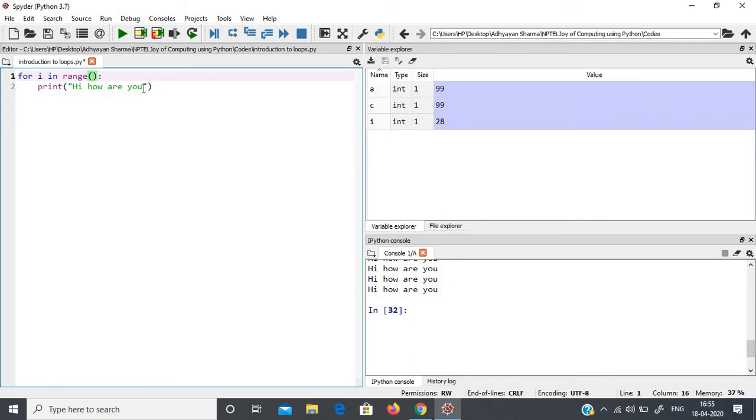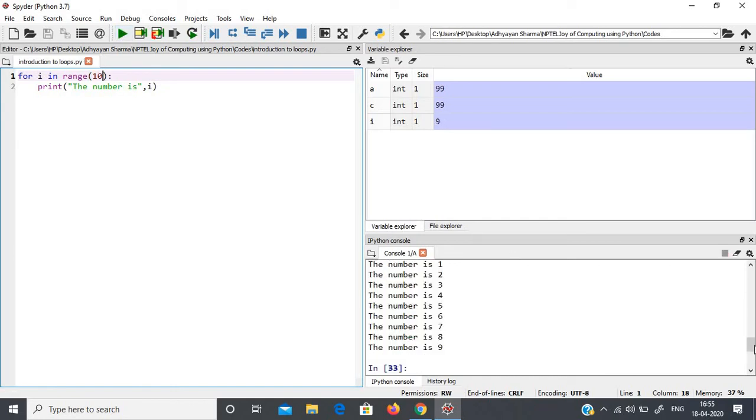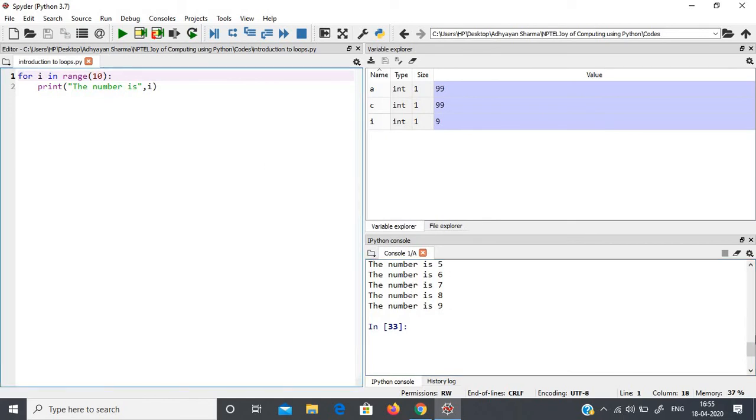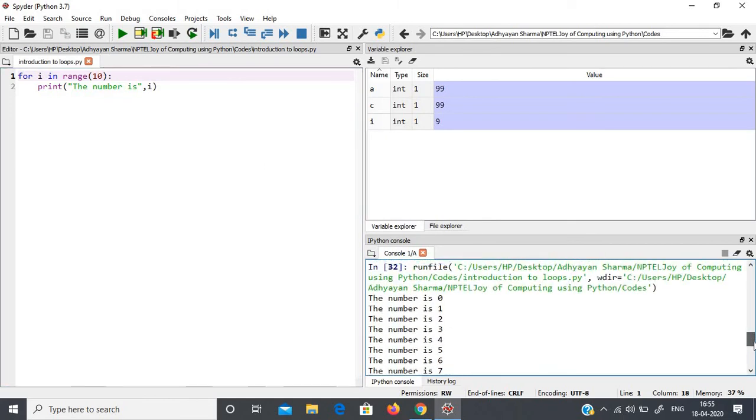Here I can write a new, interesting piece of code. Let me write here i and 10. I want to tell you something: if you write a number up to 10, always remember to write 11, because it's counting 0 also.